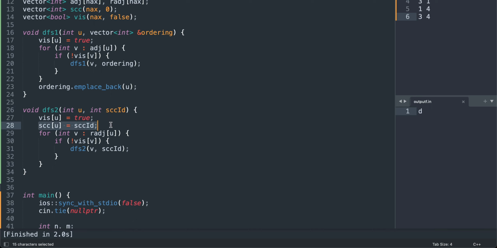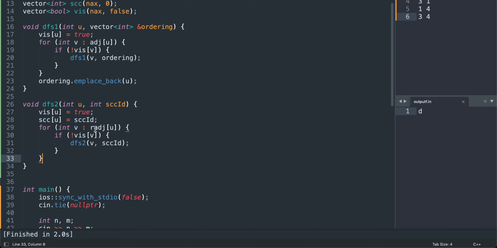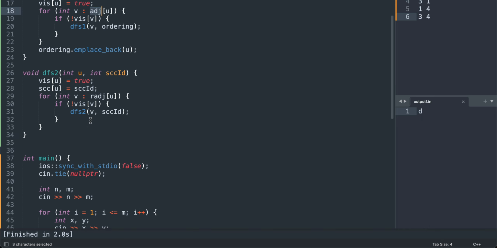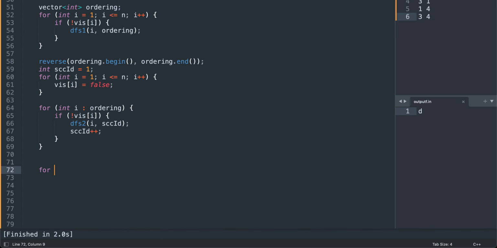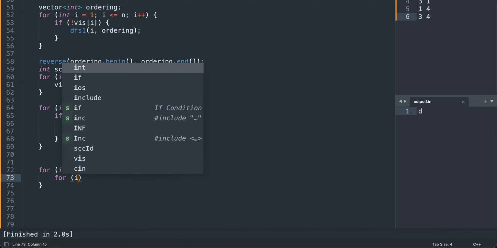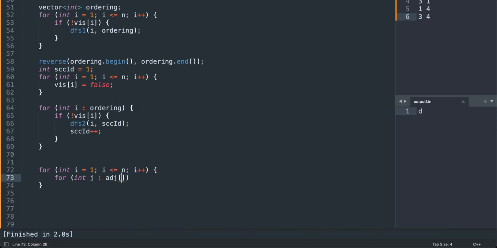Yeah, so assign the ID and go to unvisited on the reverse adjacency. It is on the adjacency. Okay, fine. Now go to all the edges, and from this edge we will have the nodes. Can we go to all the edges in this fashion? For int i equal to 1, i less than or equal to n, that means for every node i, if I go to j over the adjacency of i, that means there is an edge from i to j,